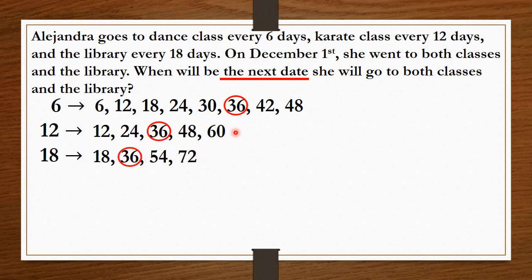Therefore, the answer to the question, when will be the next date she will go to both classes and the library? Since our LCM is 36, diba nagsimula siya sa December 1st nang pumunta siya sa both classes and the library? Meron tayong 31 days sa December. Since on December 1st, meaning we will move to December the 2nd. And December the 2nd, up to December 31, we have 30 remaining days. Therefore, 30 must be subtracted from